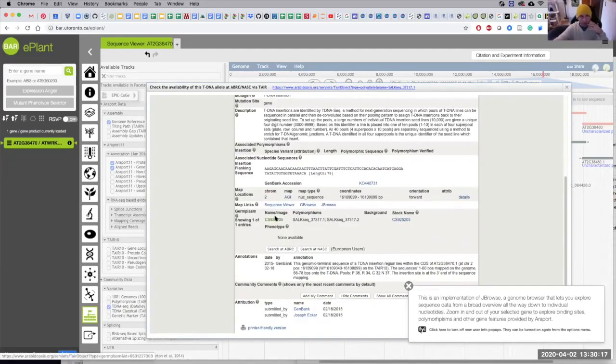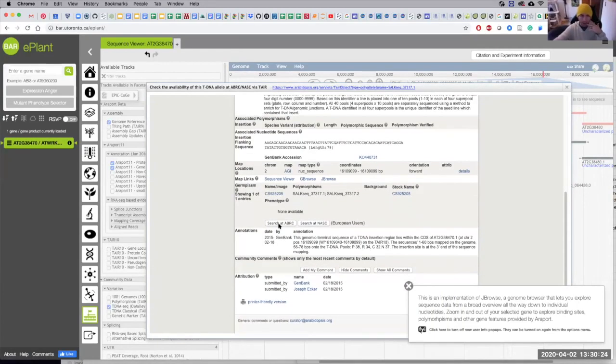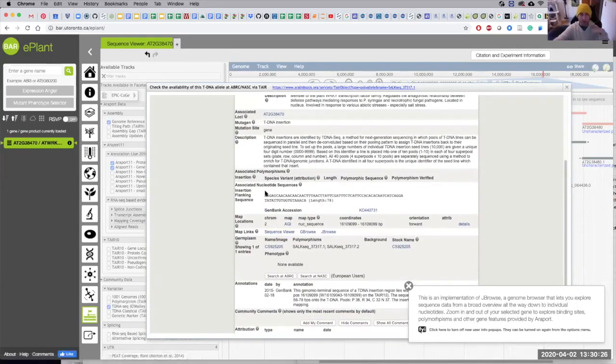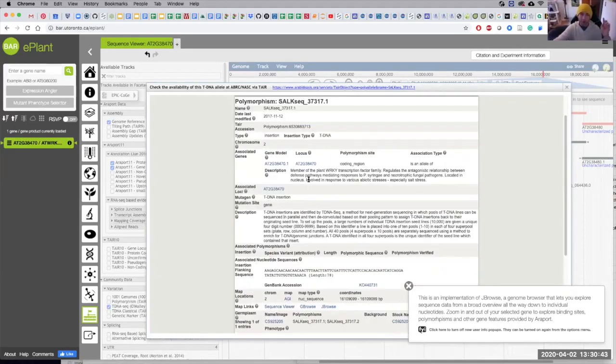So this stock name here, this germplasm, is your seed stock name. You can get that ordered, and then you can genotype it, so you can try and check if that tDNA insertion is there. These mutations were created by Agrobacterium. Agrobacterium inserted tDNA, transfer DNA. Agrobacterium transferred tDNA from it to the Arabidopsis randomly and made some mutations, and hopefully that mutation has prevented this coding region being expressed correctly, creating a new allele, which might have a